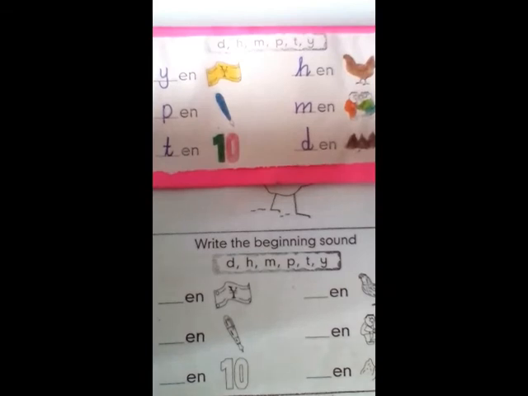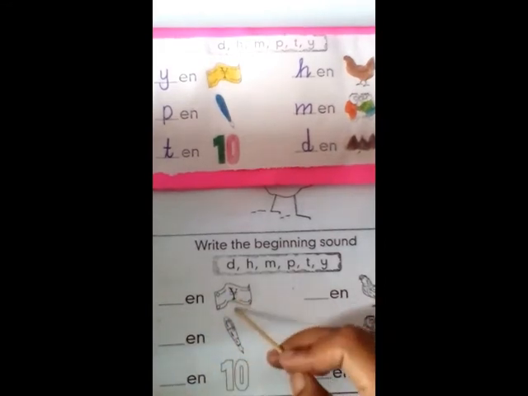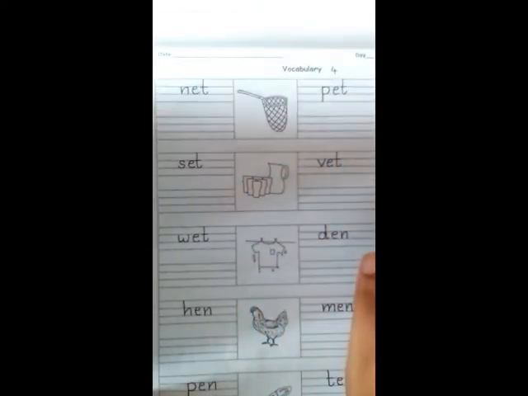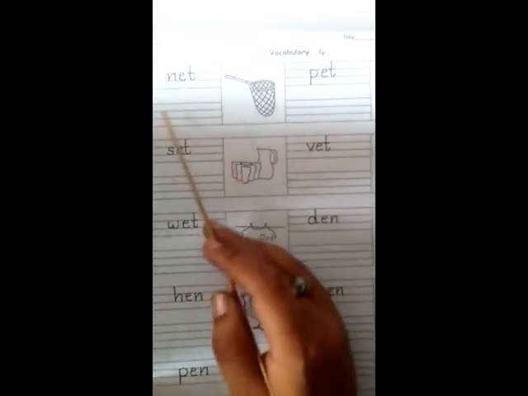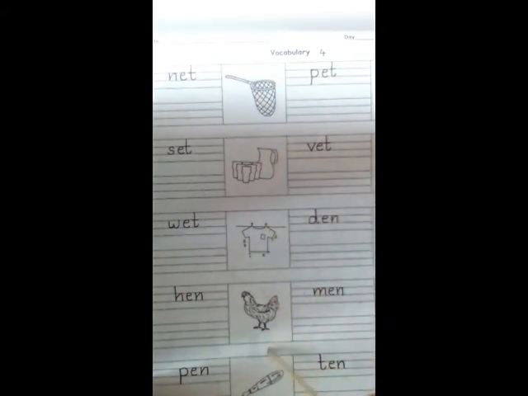This is a written task for you. You all have a rhyming folder at your home. So you open page number 14 and write the first letter of the picture and color the pictures very lovely. And for additional practice, you can write the words on page number 15. First of all, write date and day and write this word. Similarly, you have to write the words below with pictures and color the pictures very lovely.